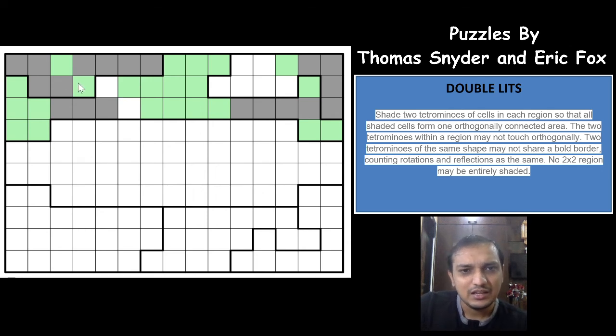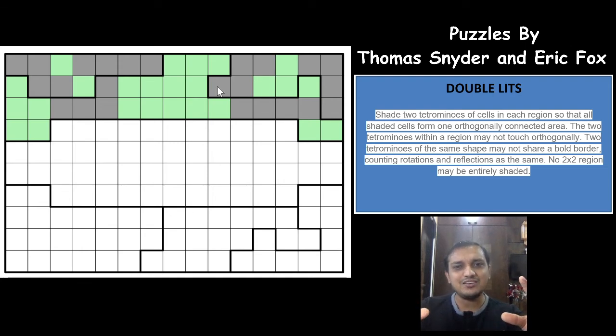And now this group of tetromino, this I tetromino, has to go out somehow, and it will have to be using this cell only. This cannot be shaded. Both of these will be shaded, and you form an S tetromino. Nice. And you have 2 different groups of tetrominos which will have to go down using the same region. Excellent logic, guys. Wow. So you have 2 groups of shaded cells placed at 2 different corners, and they have to go down using the same region, which means both of these tetrominos are used by these 2 groups of shaded cells. Wow. So let's try to mark that here.